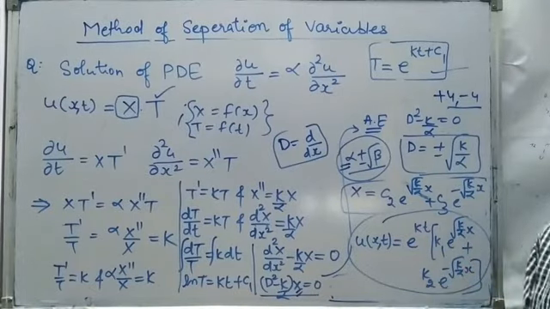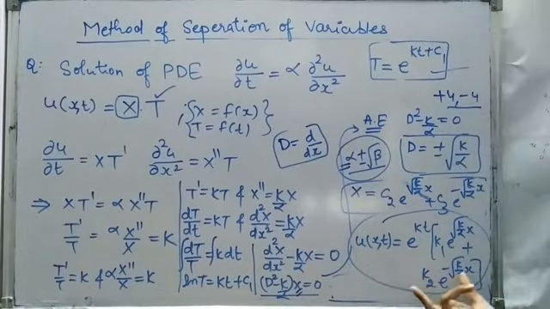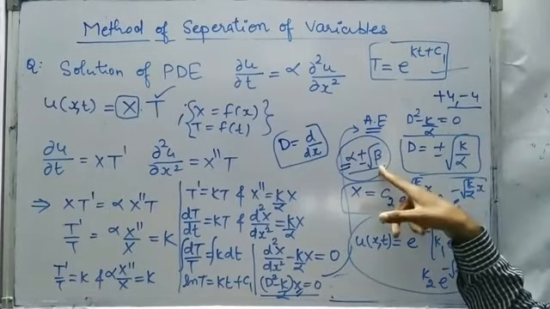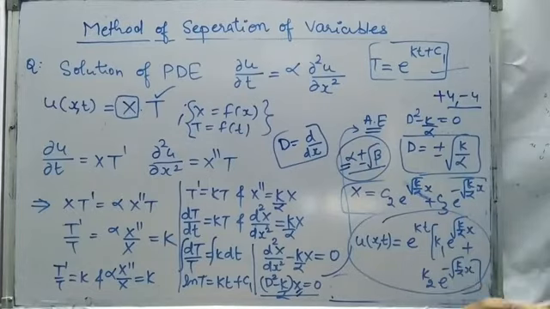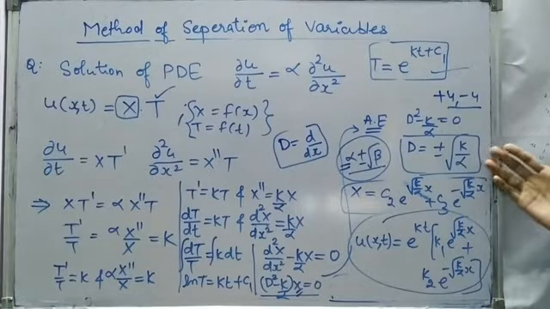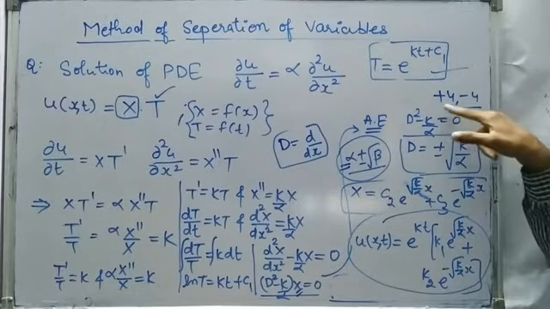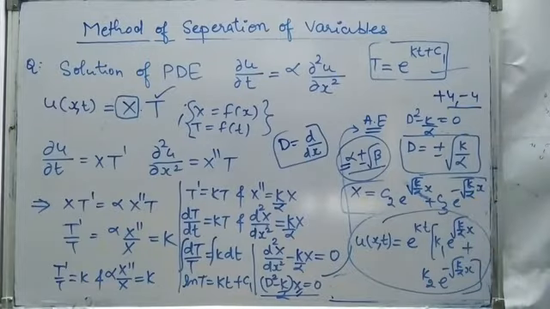So either of the things will be given. If we have the answer in terms of cos hyperbolic and sin hyperbolic, we'll have to assume that this is nothing but irrational roots. And if the options are not in terms of hyperbolic functions, rather they are given in terms of exponential functions, we'll have to assume that this is going to be a real value. So we are going to have unique roots, so the general solution will be different.